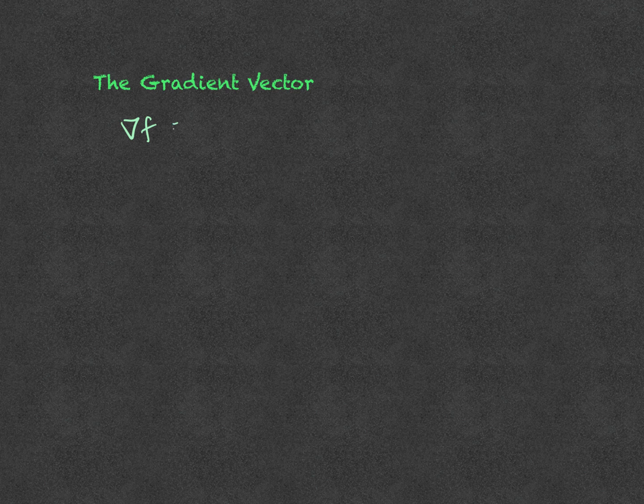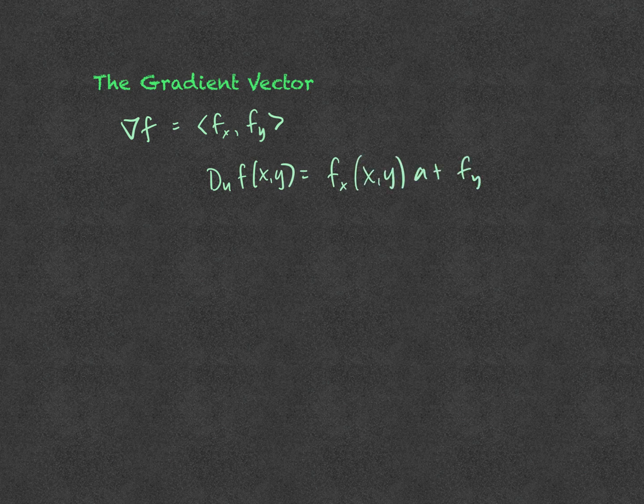And it's the vector of the partial with respect to x, the partial with respect to y. Now, that's important because if you look at the directional derivative, it says the partial with respect to x at (x, y) times a plus the partial with respect to y at (x, y) times b. So we could call this the partial with respect to x, the partial with respect to y,